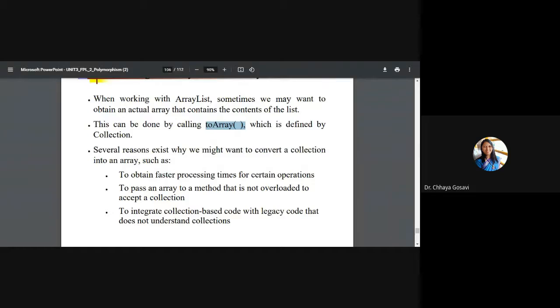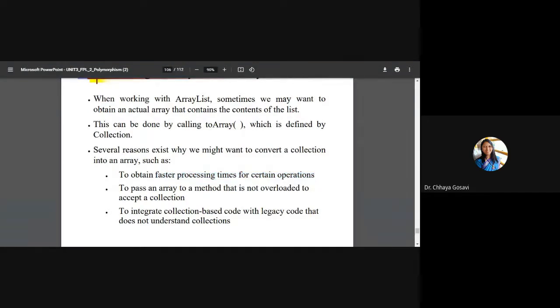But still, sometimes we need to work on arrays rather than array list. These are the reasons. To obtain faster processing for certain operations, numerical operations work faster with arrays than array list. When we want to search or sort some elements, it's better to use arrays instead of array list.